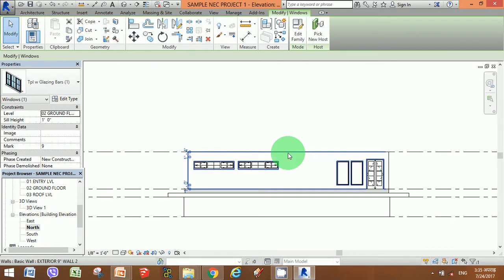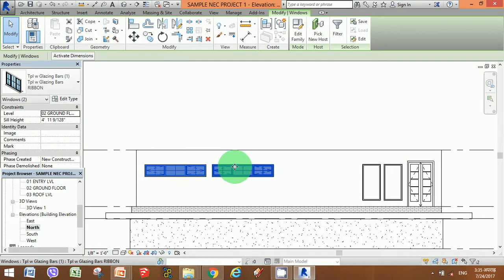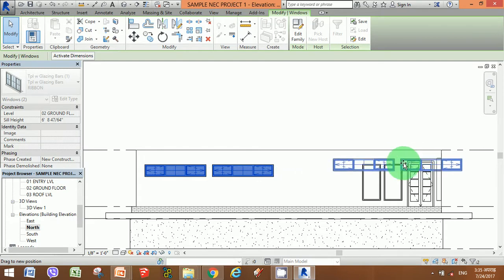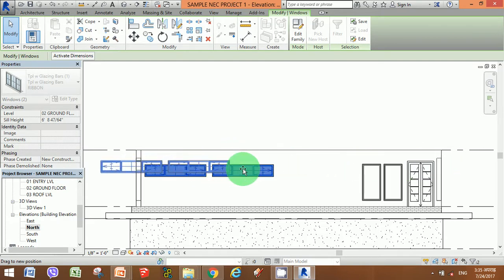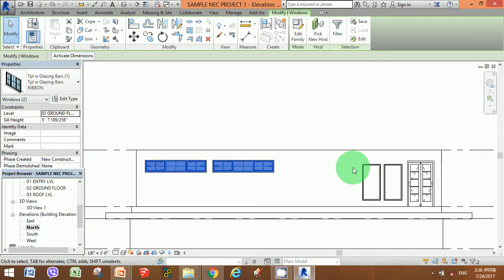So the north, you could simply, so we are just arranging the dimensions.